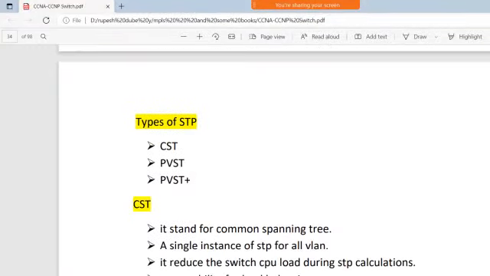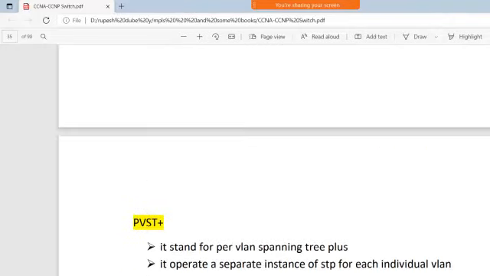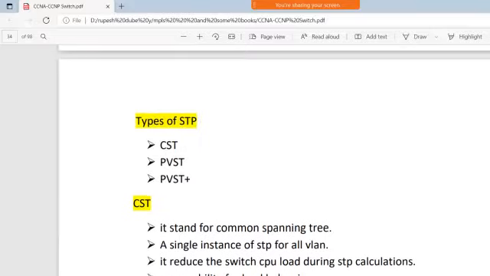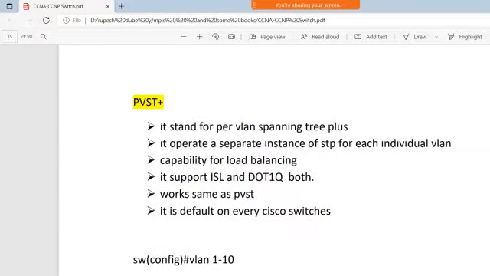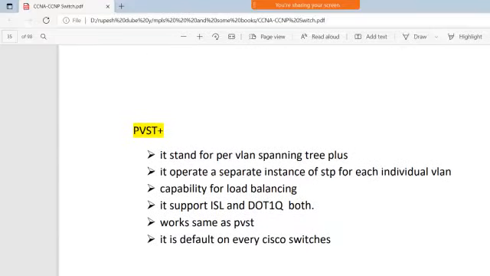So here is the PVST plus, and basically MST is not there, I think. But let's discuss first of all PVST plus. So what is PVST plus? It stands for per VLAN spanning tree plus. It operates a separate instance of STP for each individual VLAN, right? It has the capability for load balancing, which means it can also provide load balancing as well.